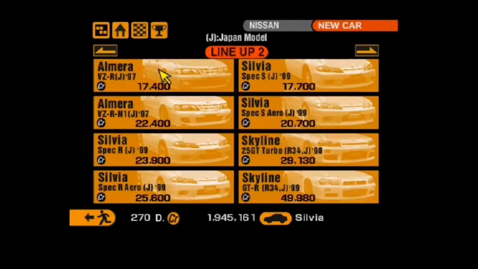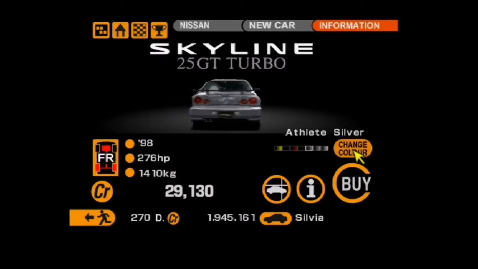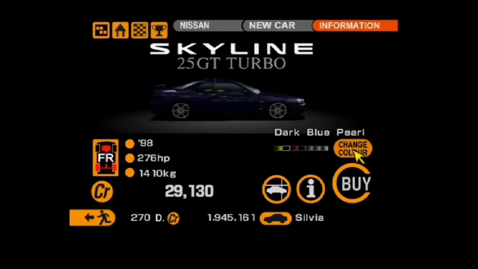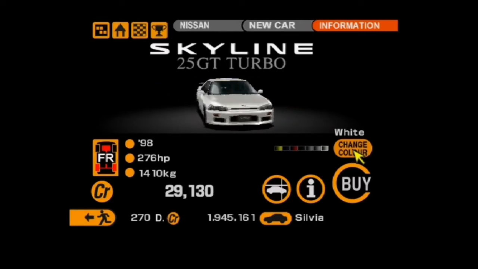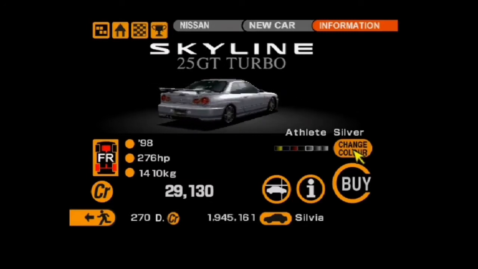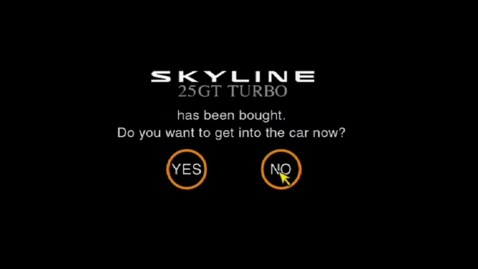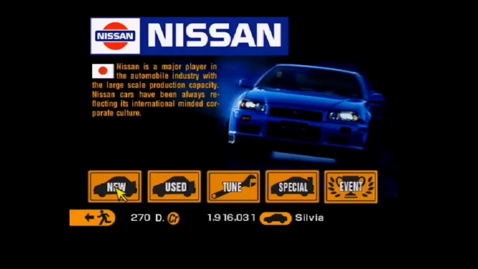And also, for one more, I of course am going to get myself the Skyline GT Turbo, because obviously I dare to be different. And oh, I like that silver. I also don't mind that dark blue. That yellow definitely stands out, but you know what, yeah, I'll get this thing in silver, just because I want to. And so officially, now that I have purchased all 5 cars I need,